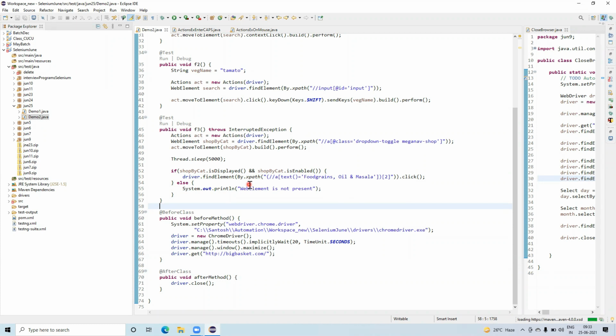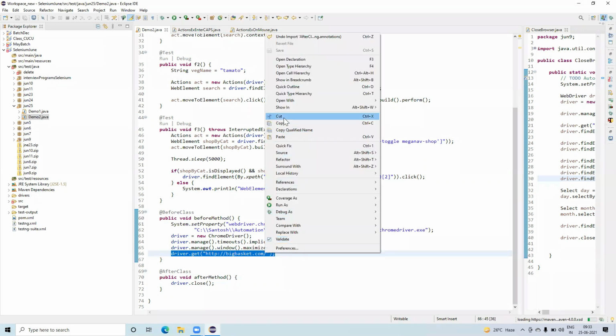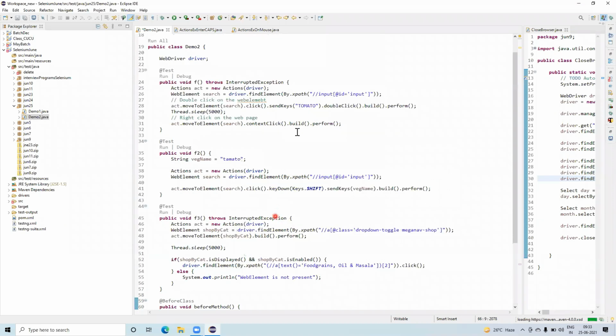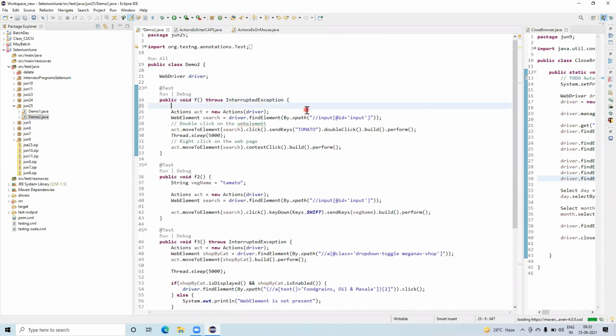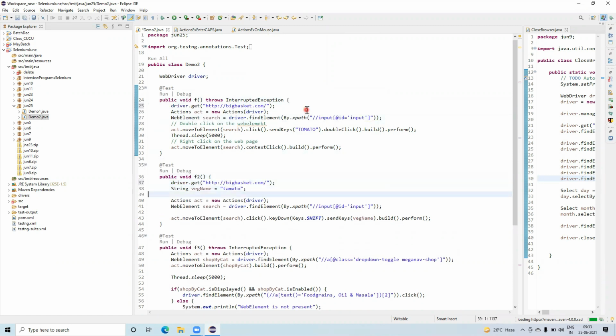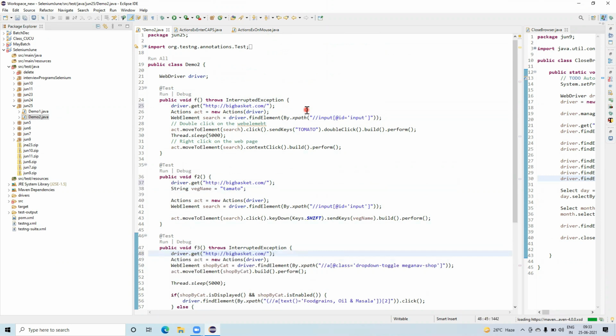And now the thing is that when you are handling this before class and after class, right? Don't keep this driver.get inside the before class. Keep this one inside the test. I will tell you the reason why. See, I'm keeping it over here. The reason to keep it inside the test, just imagine,